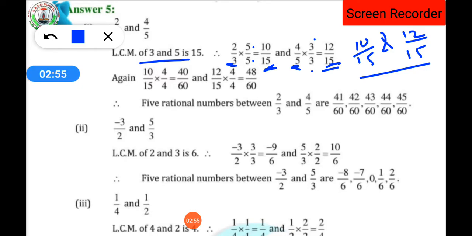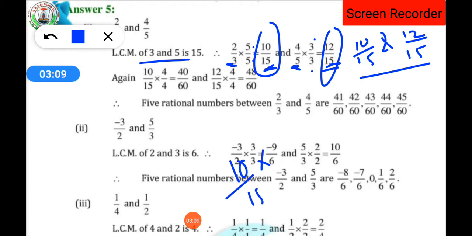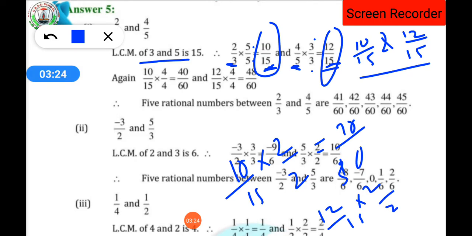So what we are going to do, students, we are going to multiply this 10/15 and 12/15 by a bigger number. अगर हम उस नंबर को, जैसे 10/15 है, उसको हम अगर अभी 5 से मल्टीप्लाई किए हैं तो इतना कहाँ ये नंबर आया. अगर हम 2 से मल्टीप्लाई करते हैं तो क्या आएगा यहाँ पर? 20 and here 30, isn't it? Now in the same way 12/15 will be multiplied with 2. So here it will be 24 and here it will be 30.